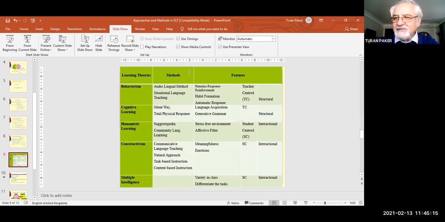But that continued until the 19th century, because in the 19th century there were a lot of movements, immigrations from Europe to the United States or from other parts of the world. And also after the First World War, there were a lot of, again, immigrations among the continents. So when the immigrants came, they needed a language to be able to survive in the country. That's why the first reactions to grammar translation started. So we have the direct method, and then the audiolingual method, especially after the Second World War, and situational language teaching.